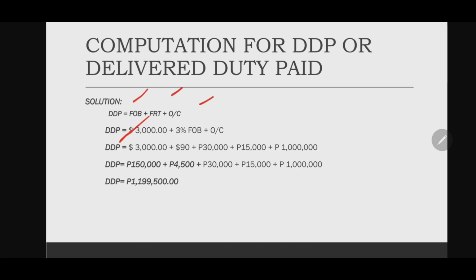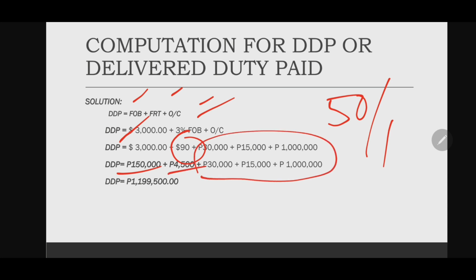FOB is 3,000. Your freight is 3% of FOB, which is $90. Okay, so you just need to convert it by 50 pesos over $1 US. So 3,000 times 50 is 150,000 pesos. $90 times 50 is 4,500 pesos. And then add all the other charges to the FOB and the freight, and you'll get your DDP value